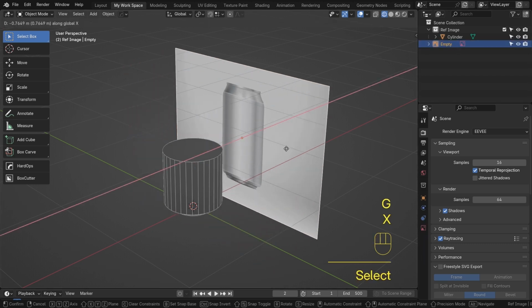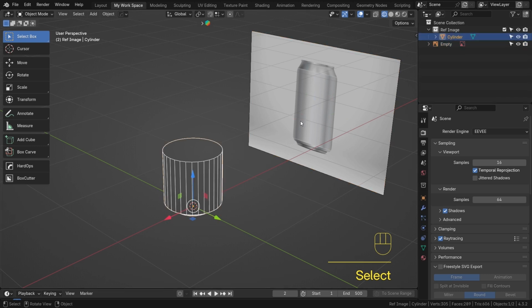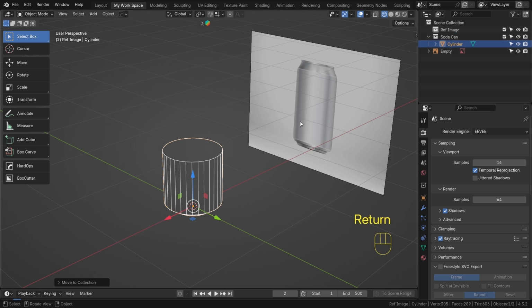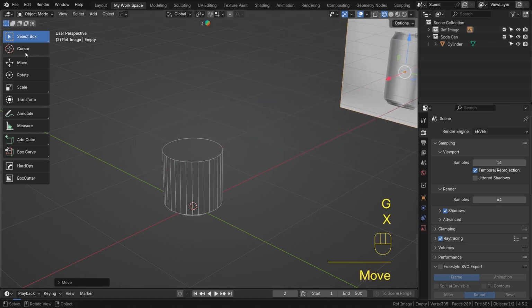and G X axis. Okay, and for this render I will put it into another collection. Yeah, this will be in the reference image folder. Okay, and now I will deselect that, again select that and push it a little bit more. Yeah,